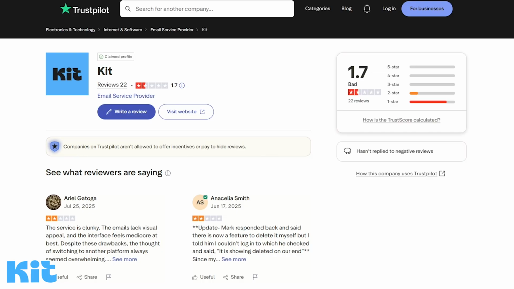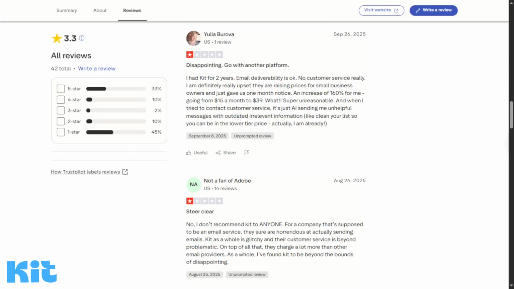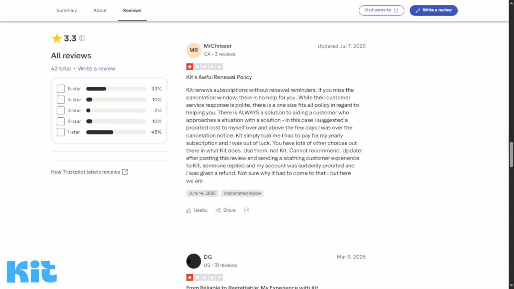Both platforms have mixed customer satisfaction ratings. Kit has a low 1.7 rating on Trustpilot, but this is based on only 22 reviews, so it may not be a fair reflection. Most complaints are about customer service and unexpected renewal charges, so keep an eye out on